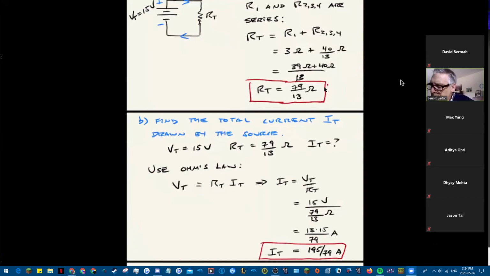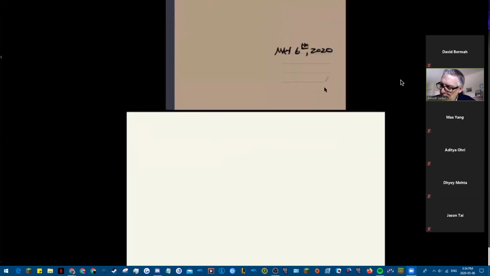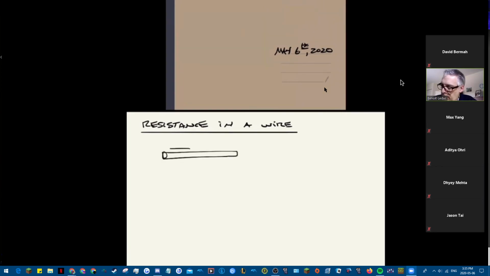Okay, the last one here, I'll take just a few minutes, is the resistance in a wire. So wires do offer resistance, but there's very little. So I'll do this very quick. It's pretty easy here. All right, so if you have a certain wire of length L,